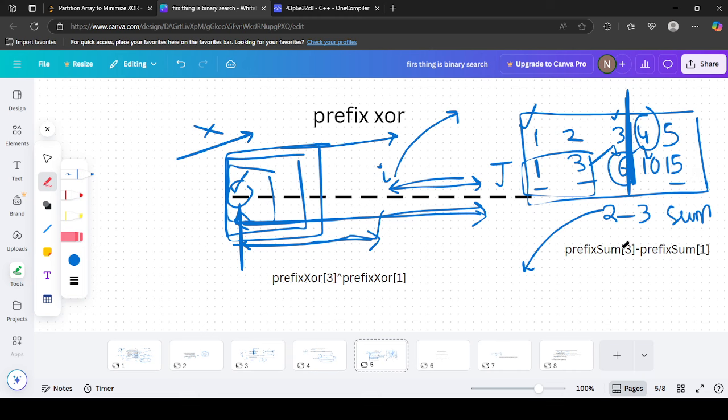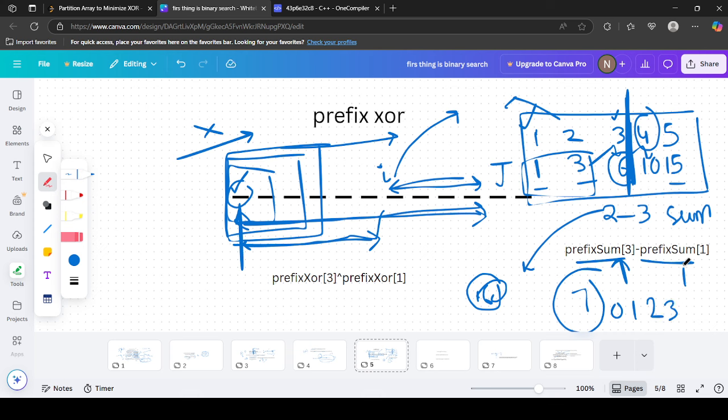So what we want is simply 16, which is 6 plus 10. So how can we get that in terms of XOR? It is 7, because this is the original array. So how can we find 7 from the XOR prefix sum array? It is simply prefix sum of 3 minus prefix sum of 1, because 3 will involve the sum of 0, 1, 2,